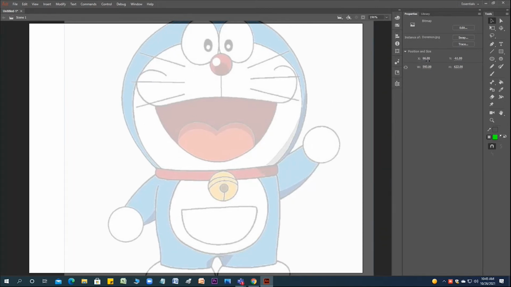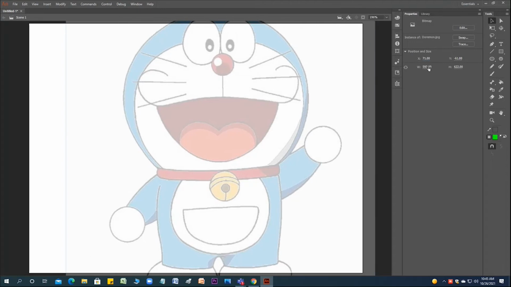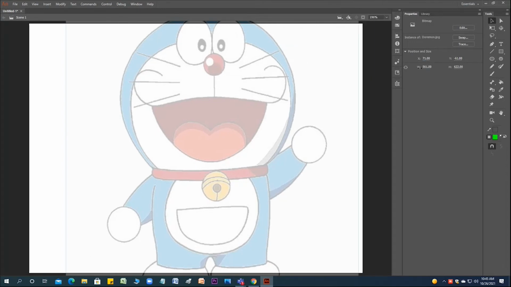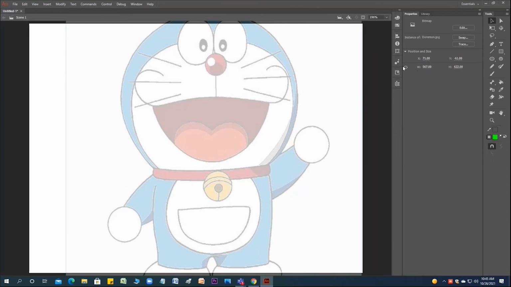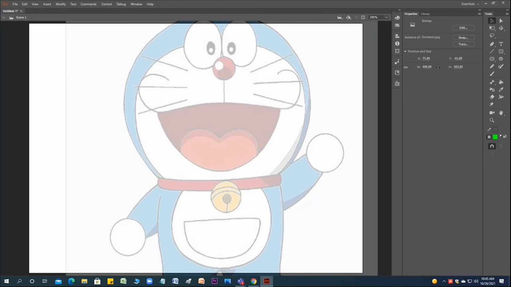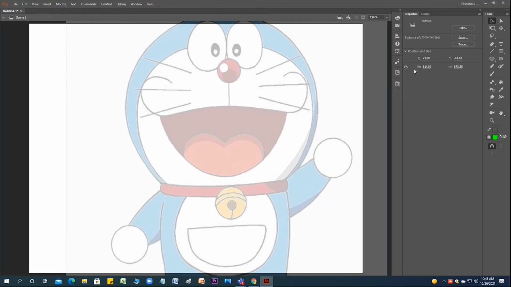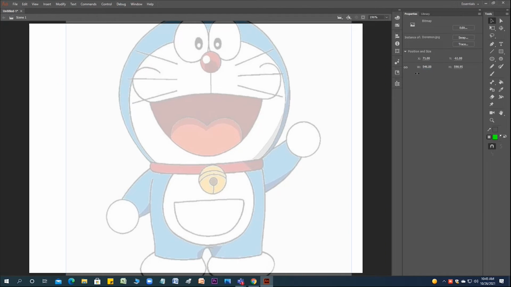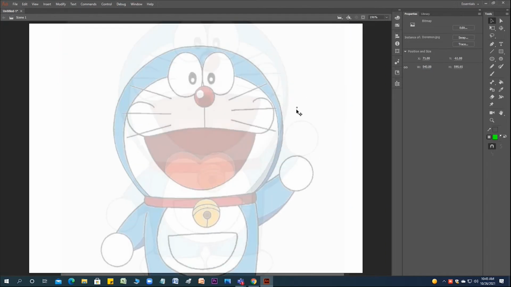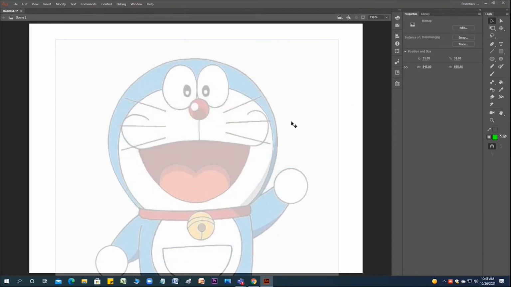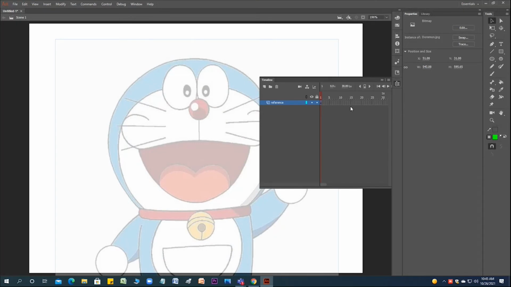you can move it with your left mouse button. If you keep the cursor on this double-sided arrow, you can stretch and squash. So this is the connected option. If it is not connected, it works individually. If it is connected, it works uniformly. So wherever you want, you can keep it over here. Once you find it is okay, just lock it.